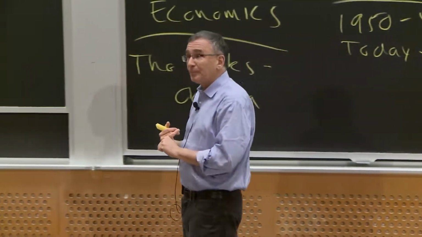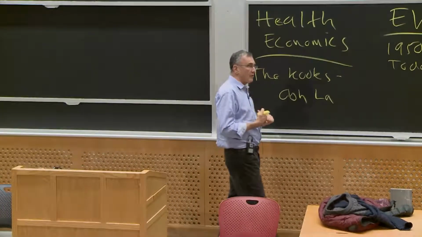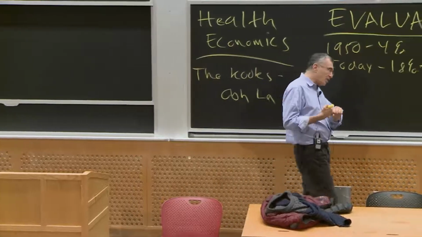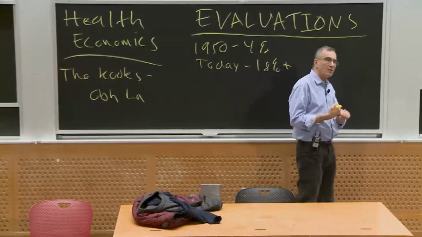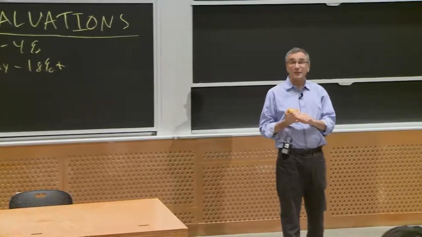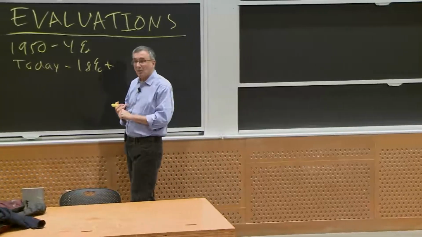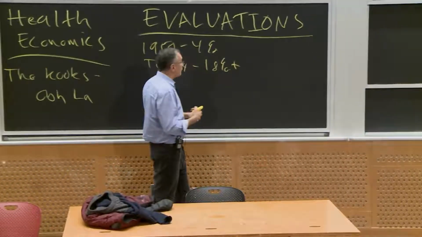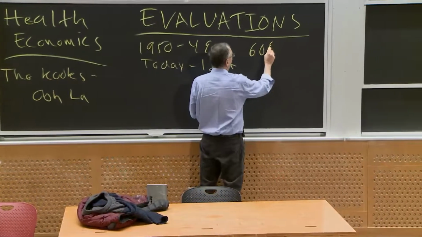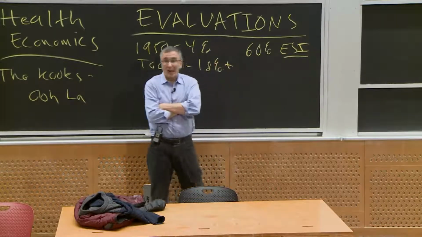The US is the only country in the world where citizens face the risks of being uninsured. So I want you to cast your mind back to when you were little kids, before 2010, okay, before the Affordable Care Act. The way the US looked in 2009 was about 60% of Americans had employer-sponsored insurance. They had insurance through their employer, like I have through MIT.